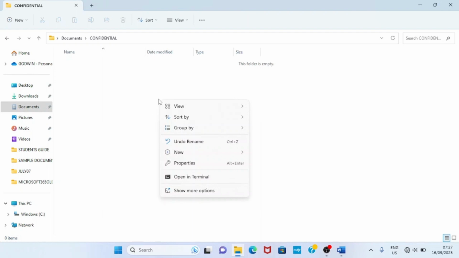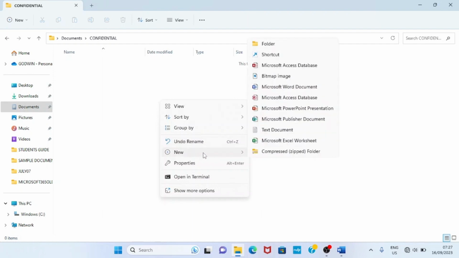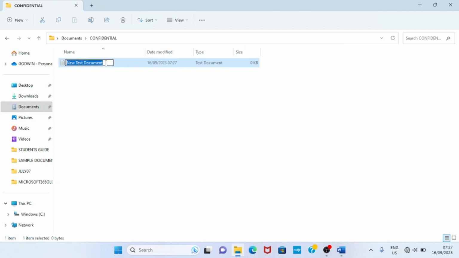Right click inside the folder. Click on New. Select the option Text Document. Then give this new text document a name. So let's say log file. After giving it the name, press the Enter key of your computer keyboard. This log file has been created now. We need to take further steps. So double click on this log file for it to open.